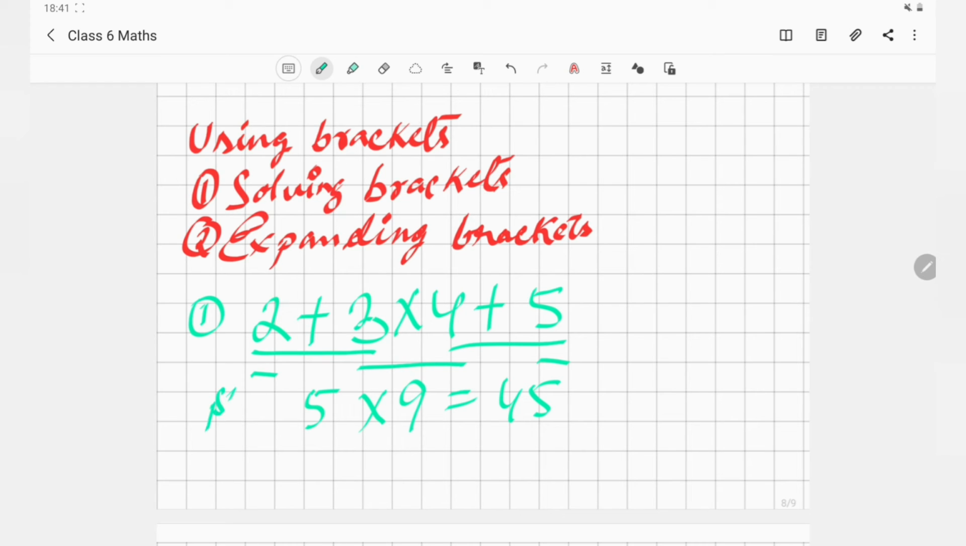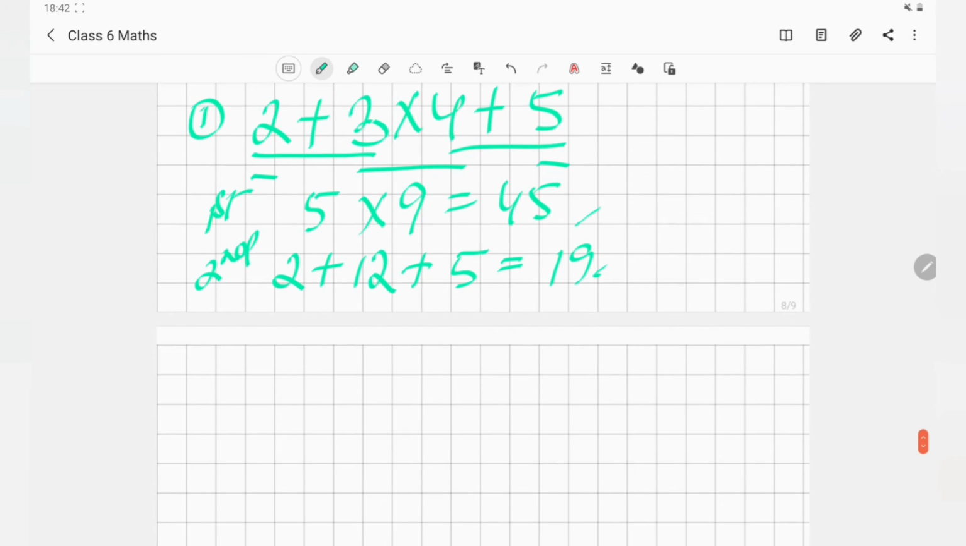That's the first approach, right? The second approach is when we go ahead and multiply 3 and 4 first and then add them together. So 2 plus 3 into 4 will be 12 plus 5, which will be equal to 19. So we clearly see there are two different results. Now to address this particular complication, we had a rule called BODMAS,